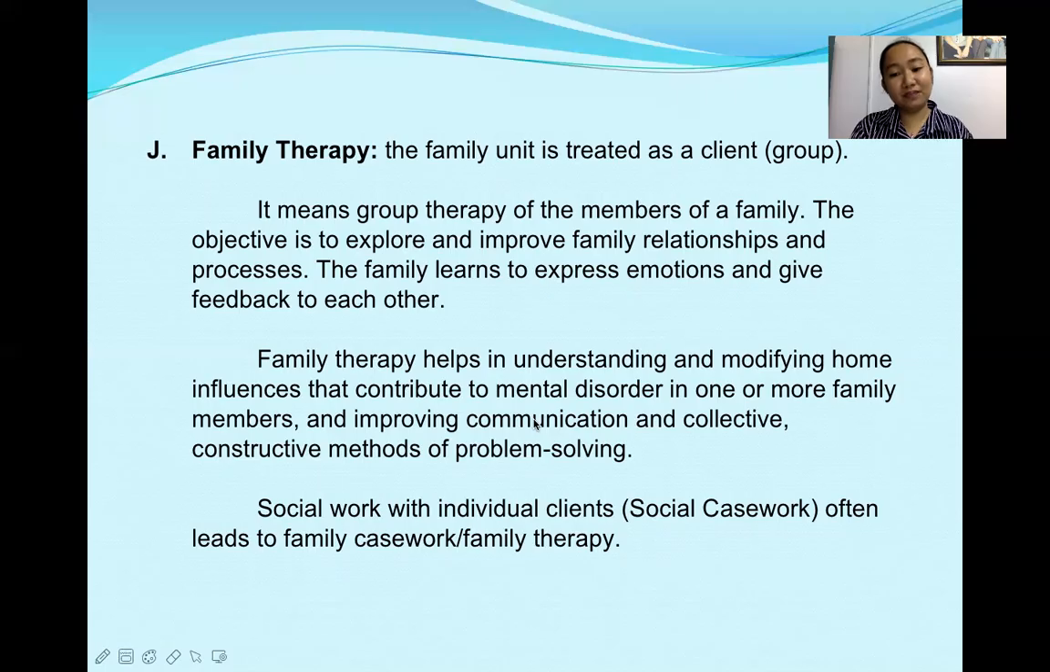And social work with individual clients, or social casework, would lead or would also have as one of its strategy